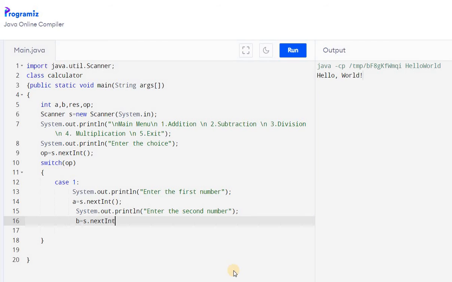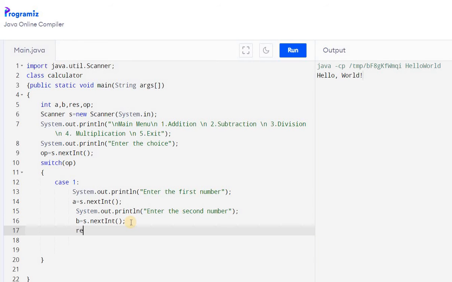Since we have declared this as integer and we are going to get the integer variable, I have made it int. And now, according to the case which we have written, 1 stands for addition. So what you have to do over here is give addition.